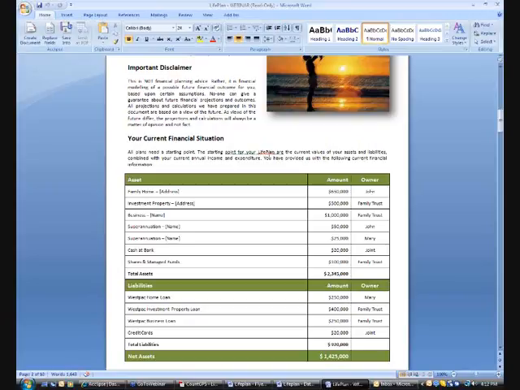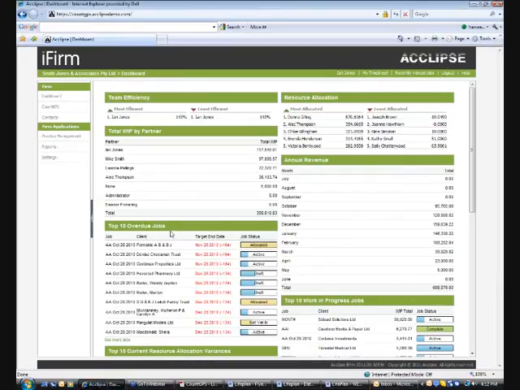Now, one thing I just want to give you a demonstration of, and we've had a lot of accounting firms ask us about how we would use Eclipse Practice Manager to manage the financial planning process within your accounting firm. Let me give you a very brief demo of this so I can show you how we've been doing